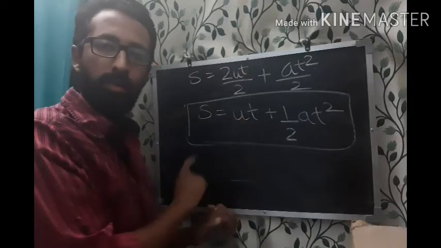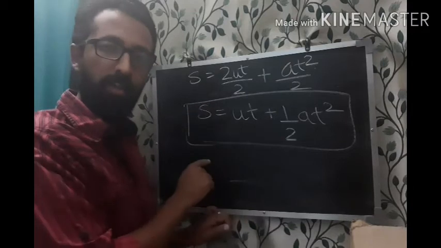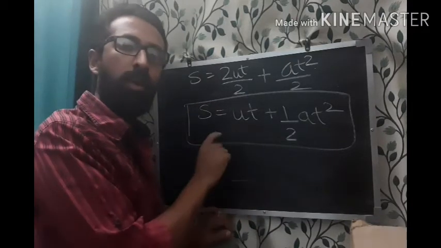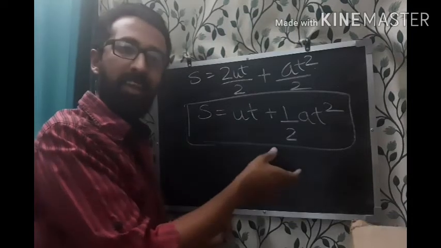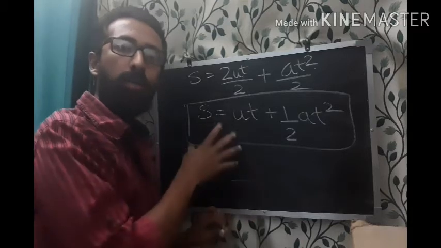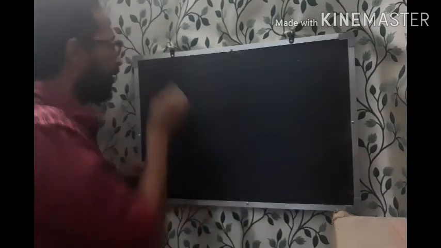So this is the process of derivation for the second equation. We are using the first equation in the second equation also. Sometimes a question is asked to derive the first and the second, or sometimes it is asked for 5 marks. So you have to derive both of them. The third equation of motion